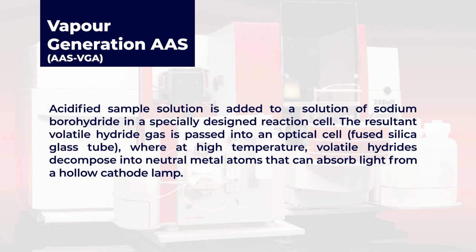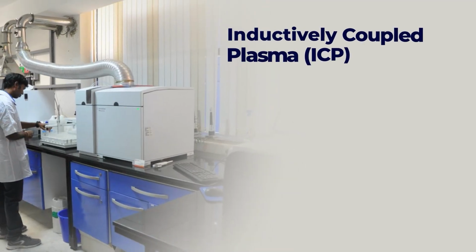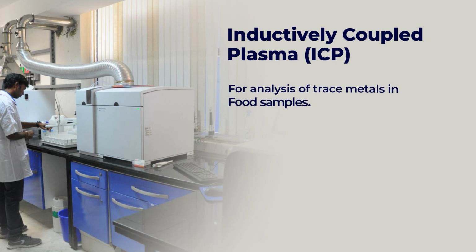Gaseous atom then absorbs the emitted rays and we get the analysis. After atomic absorption spectroscopy, where the temperature is 2700 degrees or 3000 maximum, we have another technique, that is inductively coupled plasma. Here there is no gas. This is for analysis of trace metals, because the ICP generally has much lower LOQ, limit of quantification, than